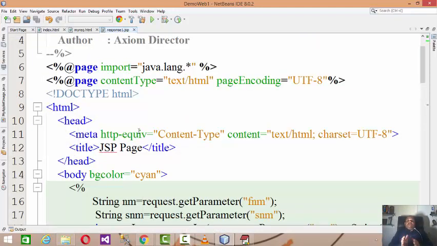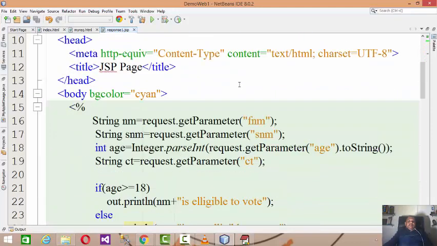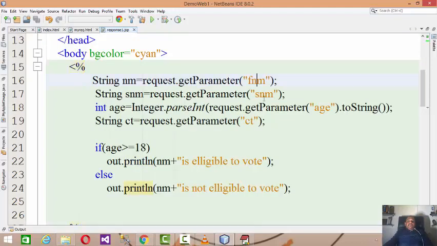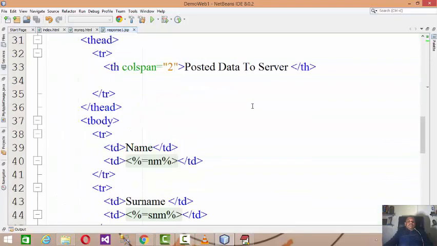Firstly, let me explain the difference between HTML tags and JSP tags. HTML tags just enclose angle brackets, and JSP tags consist of the modulus sign. Modulus indicates it's server-side Java code. While importing a package, you have to use <%@ page import=, and then you write the Java code like <% and specify the list of fields which posted data to the server, and then you can add Java code over here.